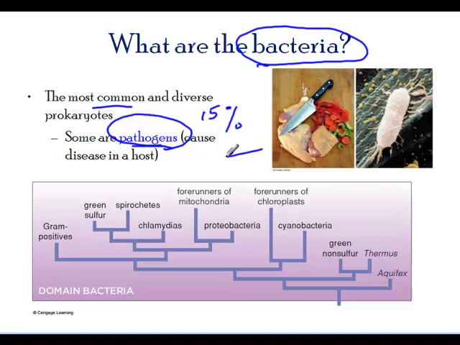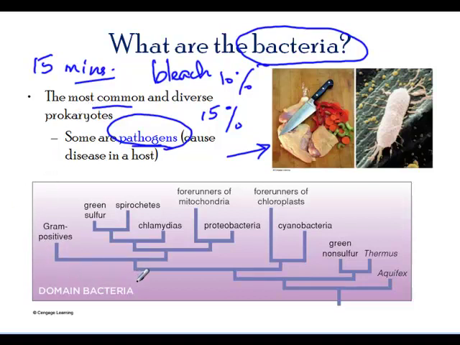Now, for those that cause disease, for example, if you were to cut a chicken with a knife, and then you did not clean the knife and went ahead and cut an apple, you're going to have some contamination. The best way to get rid of them is to soak it in bleach. Particularly, you need just 10%. I usually keep a 10% solution of bleach in my kitchen, where I take 10 volumes of bleach and 90 volumes of water, squirt it on the container and leave it for about 15 minutes. That's the best way to get it killed. If you just take a quick swipe and don't leave it, it doesn't really get effective to kill them.